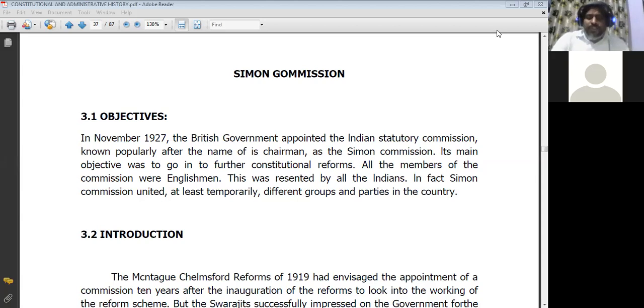Okay, so first of all, I will start with the Muddiman Committee, and then I will explain about the Simon Commission and other things. The Muddiman Committee was appointed by the Government of India in 1920 to inquire into the diarchy instituted by the Montagu-Chelmsford reforms, and it had Sir Alexander Muddiman as chairman,